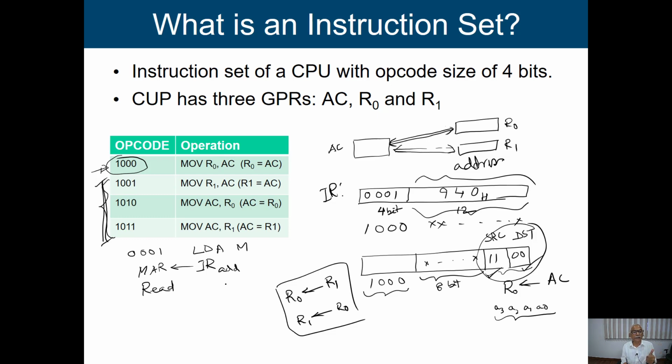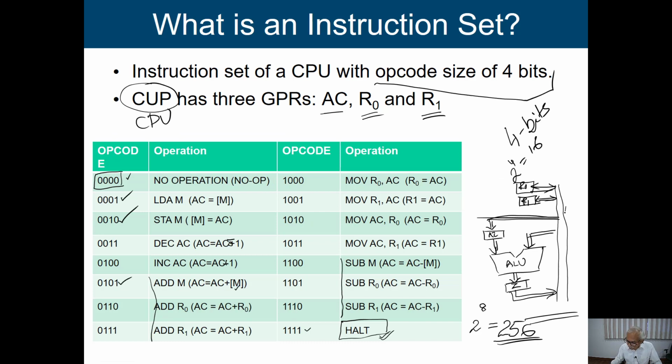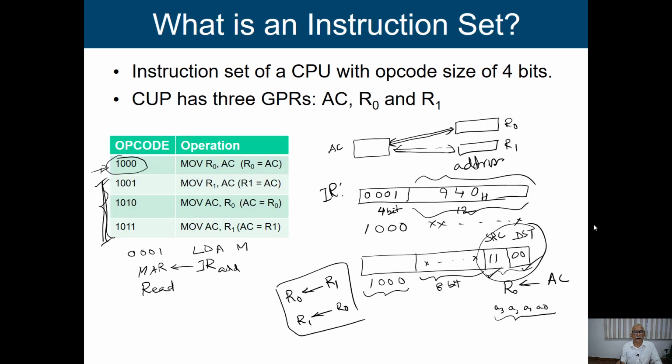When we bring the information, where does it come, as per the internal organization? I know that here I am having two registers called MAR and MBR, which are basically the interfacing registers for this processor. Whatever we have in the MBR, after reading it, we are going to transfer this information from MBR to accumulator. So to execute this particular instruction, we have these 3 different steps to perform.